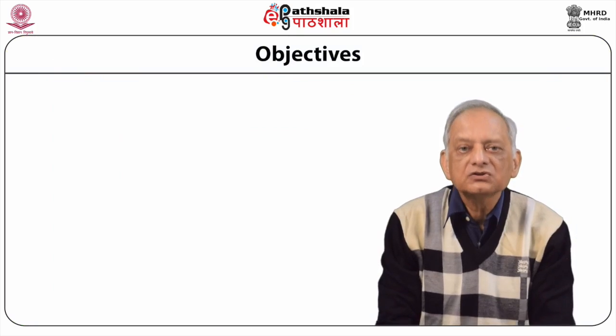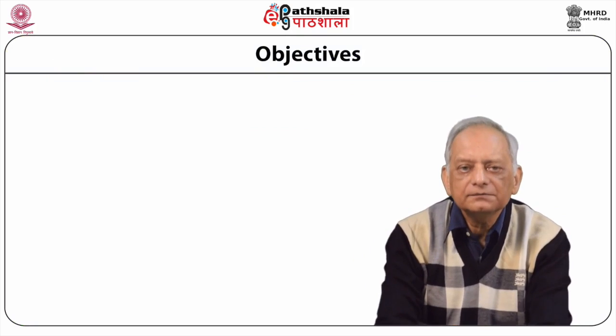So in this module we will look at this. We'll also have a look at how these antigenic fragments reach cell surfaces as MHC complex. So the objectives of this module are